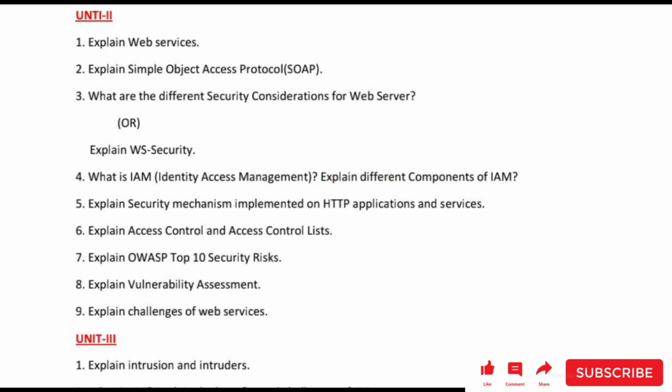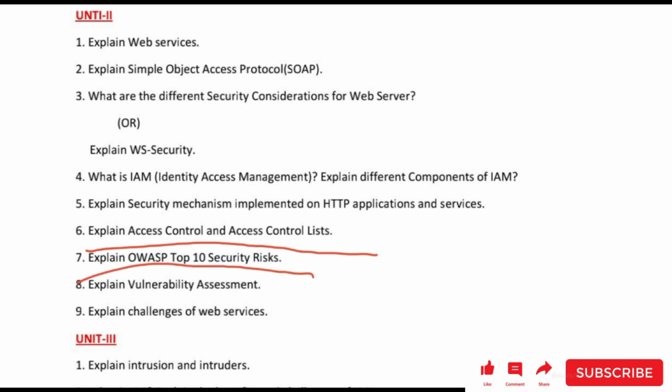Okay. And the next question is, explain access control and access control list. You should explain both of them. Okay, what the list is, you should explain, and what access control is, that you need to explain for this question. Okay, and the next question that you have in unit 2 is explain